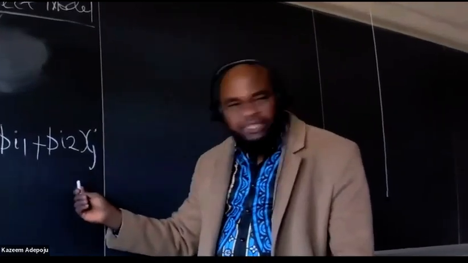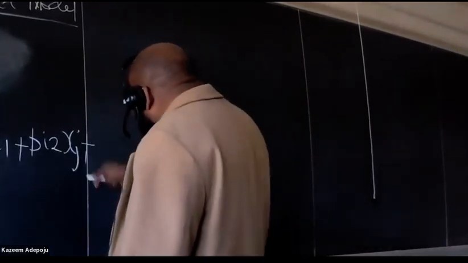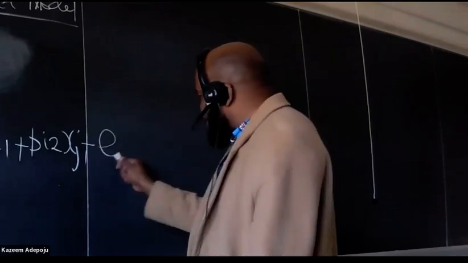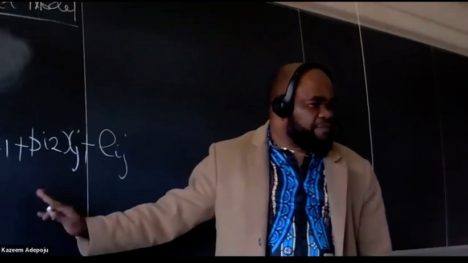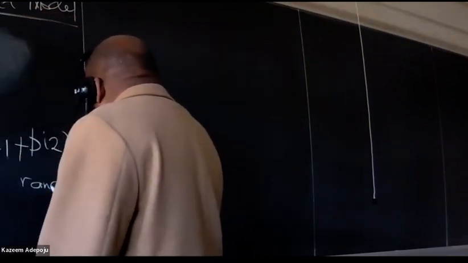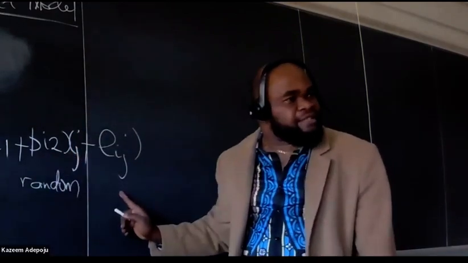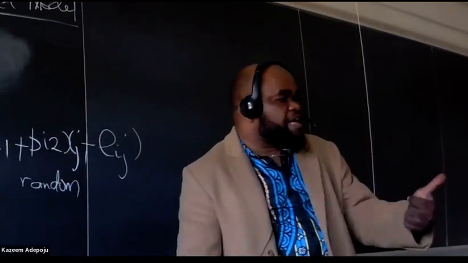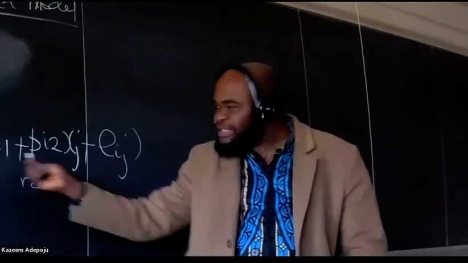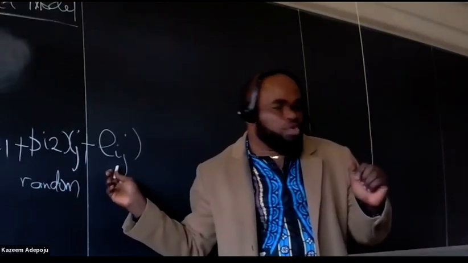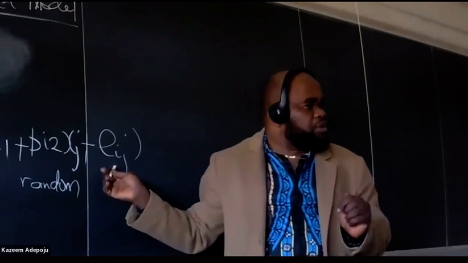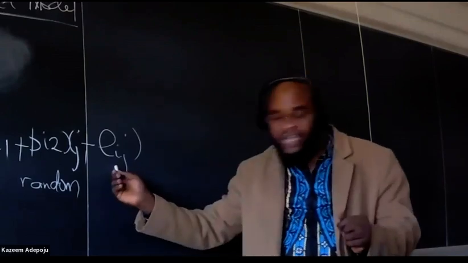This is a random intercept. This is a random slope. And the last thing, there's going to be a final error in the model that is always e_ij. This is a linear mixed effect model where this side is fixed and this is the random part. There are two random parts, the random intercept and the random slope, and in any statistical model, there's always going to be a residual. There's always going to be error. This is the conventional one.